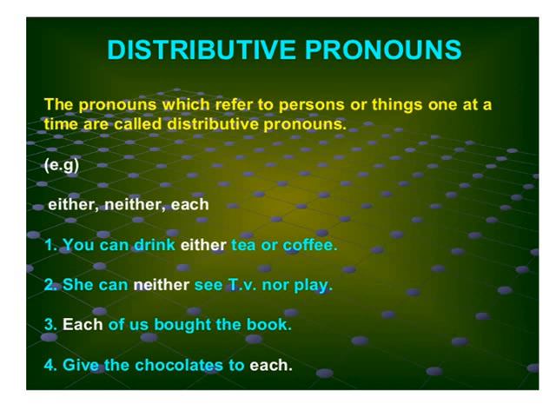So we can see that this pronoun describes members of a group separately and not collectively. It refers to a person or thing. This pronoun is always singular, and we use it with a singular noun and verb. We use this pronoun to describe all the members of the particular group.